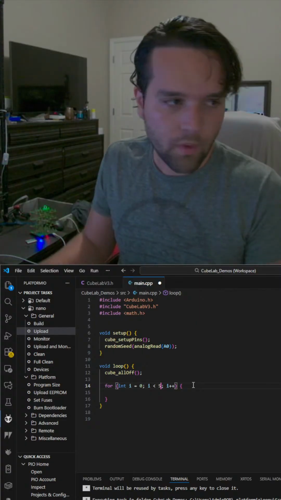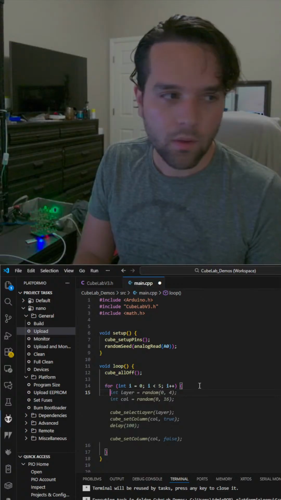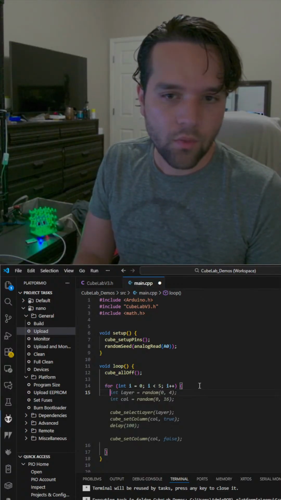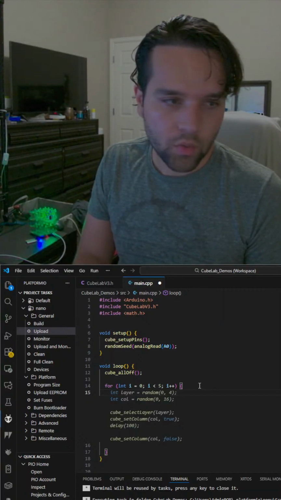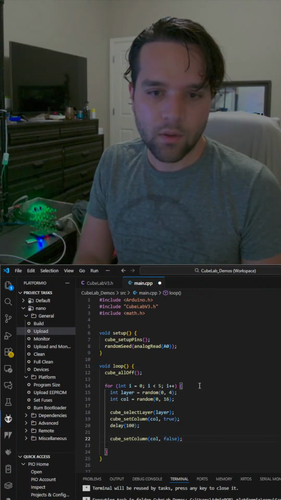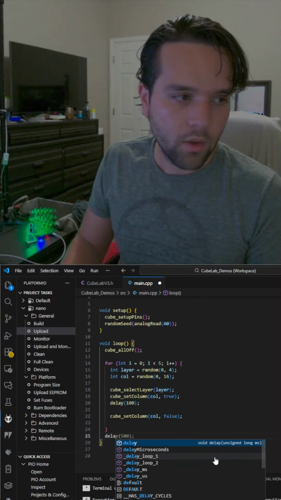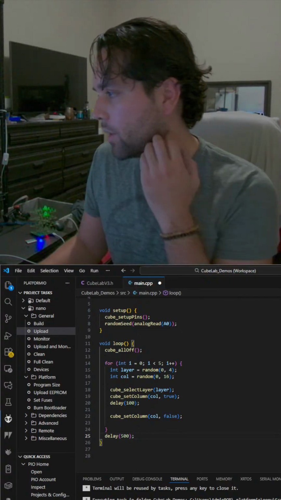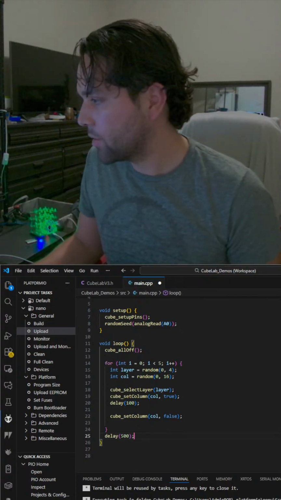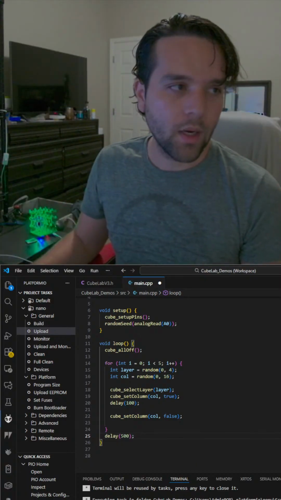Let's do less than 5, and then let's initialize the layers 4 through 16. That looks good. Initialize the columns. Cube select. Delay 100. Okay, that's good. And then we'll put another delay out here, just to make everything look kind of fancy. All right, so we got it. All right, so this animation is going to sparkle everything up. Like always, cross your fingers and